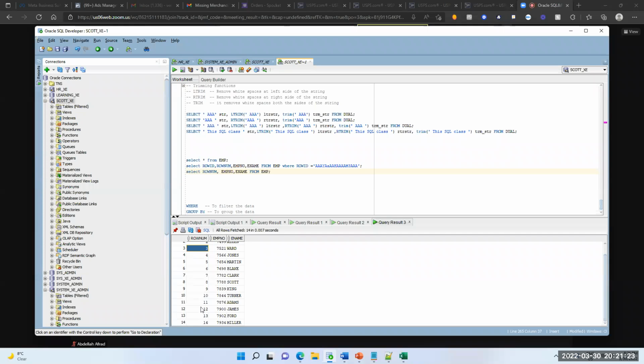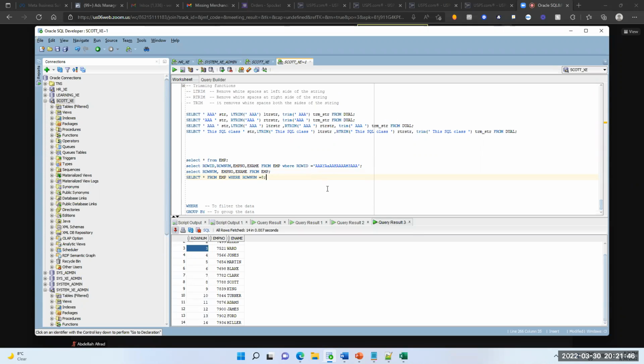Can you guys tell me one thing here? I'm writing a query. This is the result set. Select star from employee where ROWNUM equal to 8.